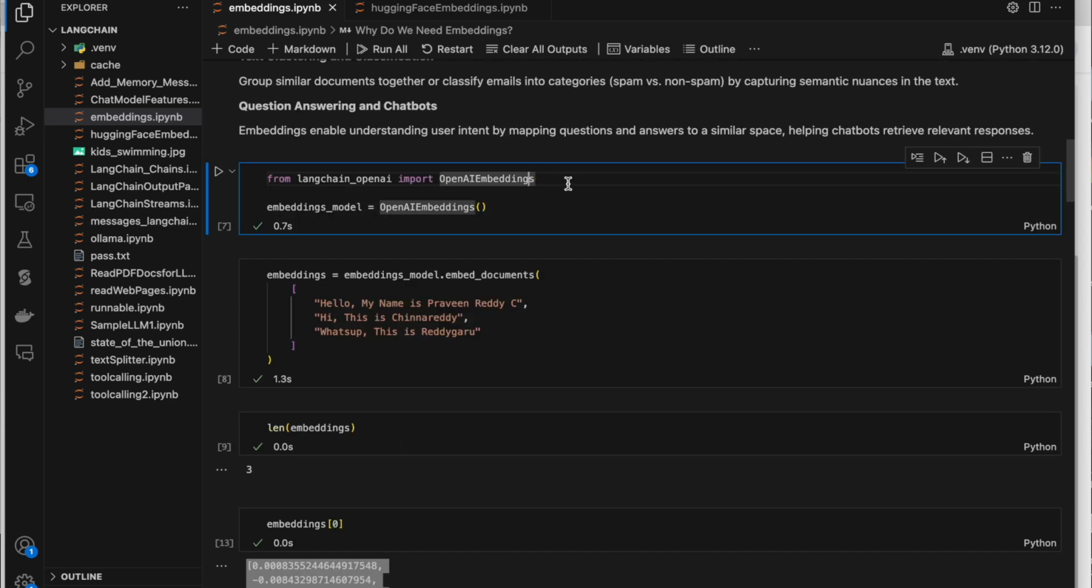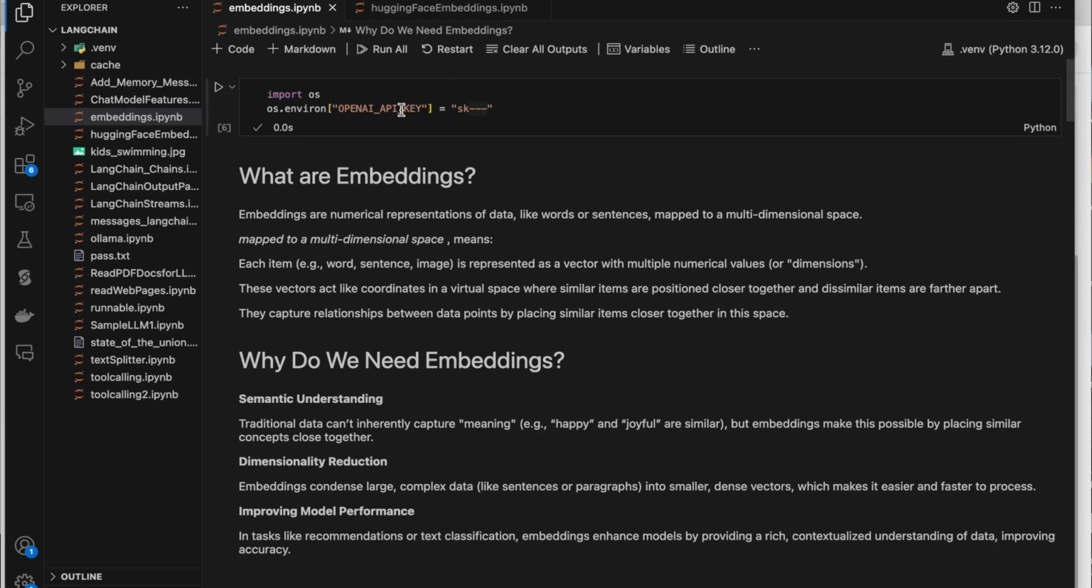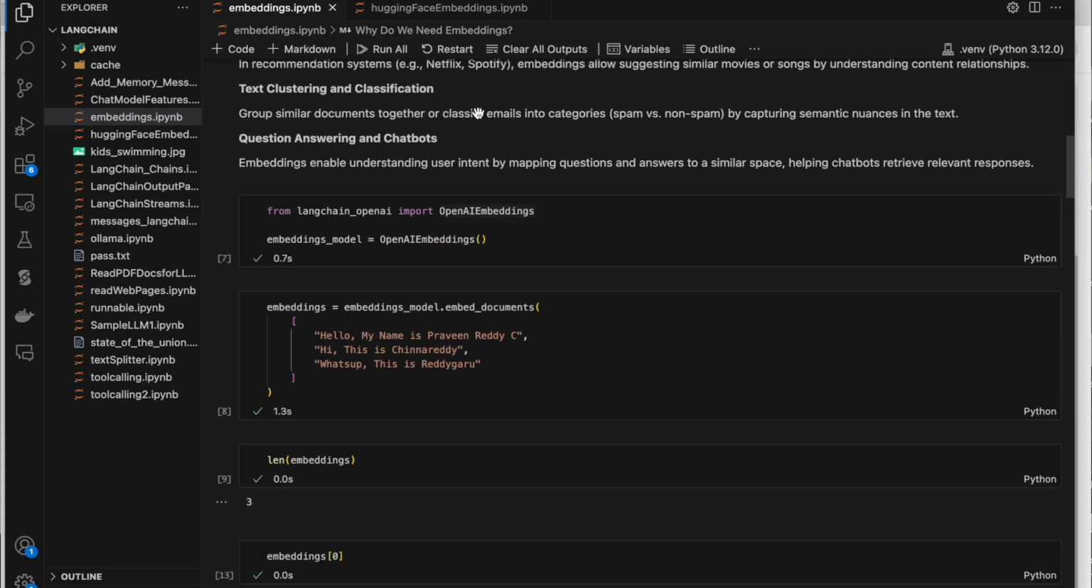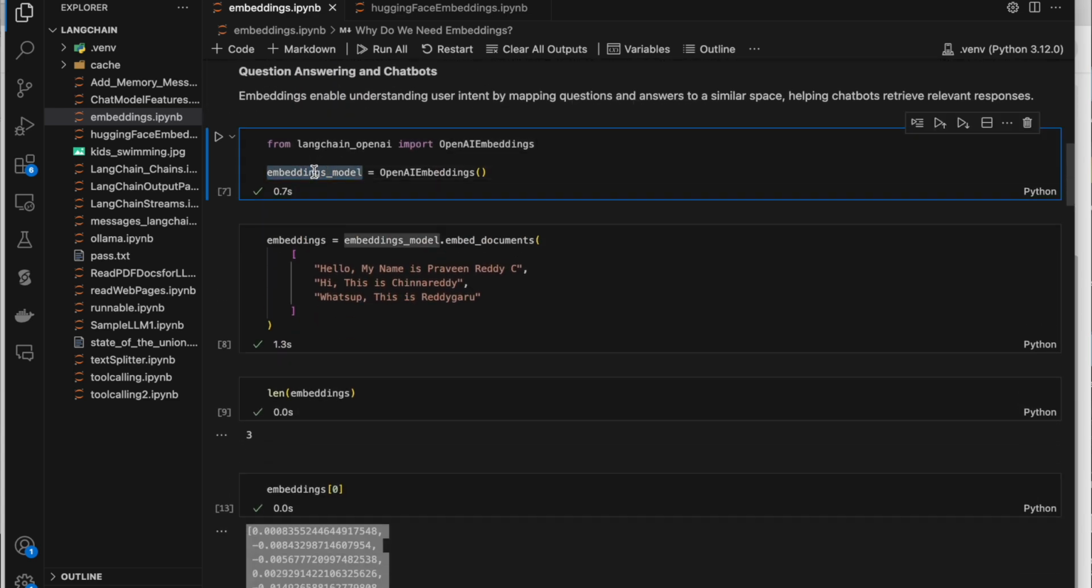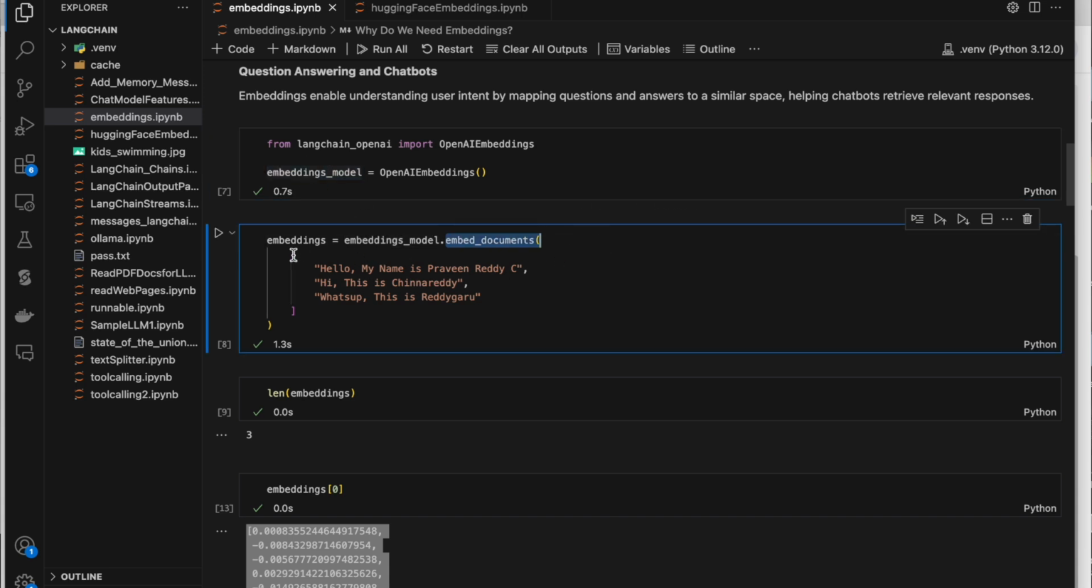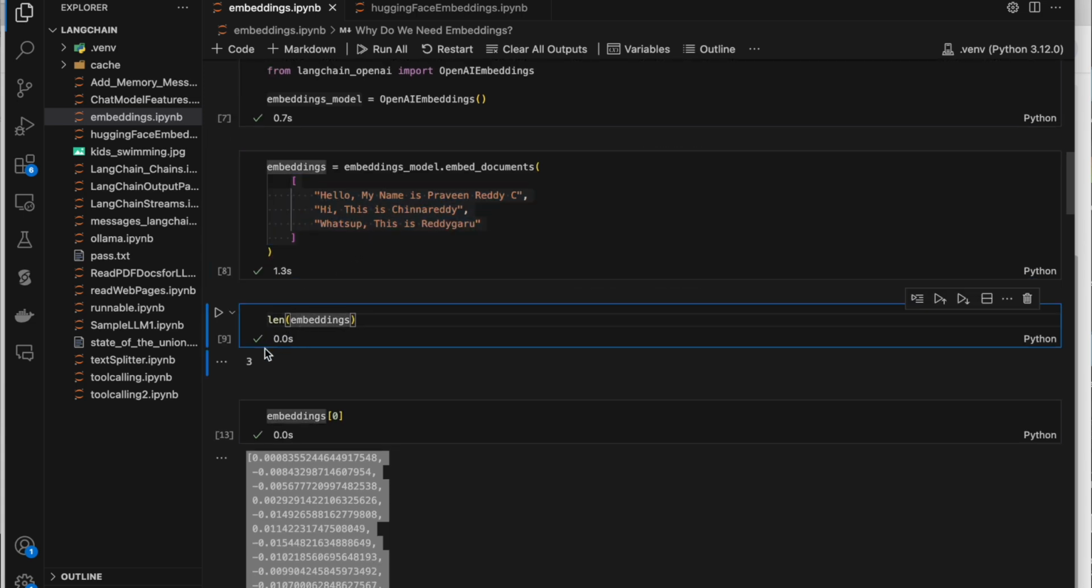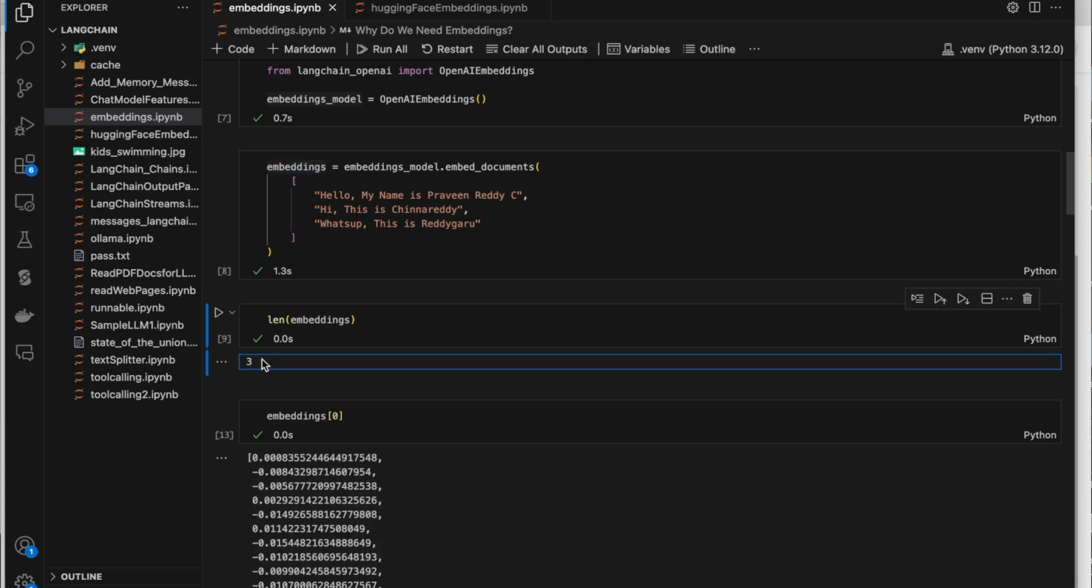So we have multiple embeddings. I'll show you Hugging Face embeddings as well. Right now we are using OpenAI embeddings. For this you need to have the OpenAI API key, which we need to give here. Then I have declared this embedding model, which is nothing but OpenAI embeddings. When you call embedding model dot embed documents and pass a list of strings, you can embed all of those. If you see, the length of embeddings is 3, and embed of 0